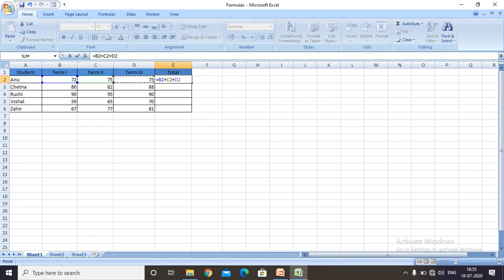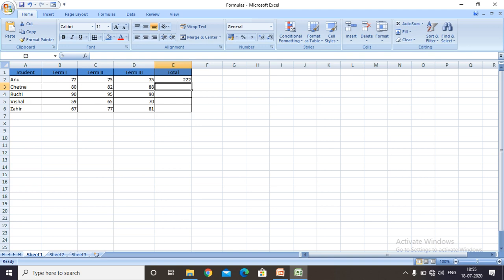So, B2 plus C2 plus D2. You will notice that the formula automatically appears in the formula bar as well. This is the formula bar. You can see that it is automatically generated in the formula bar. Now, let me press enter. As soon as I press enter, you can see the calculated result will appear in the cell.